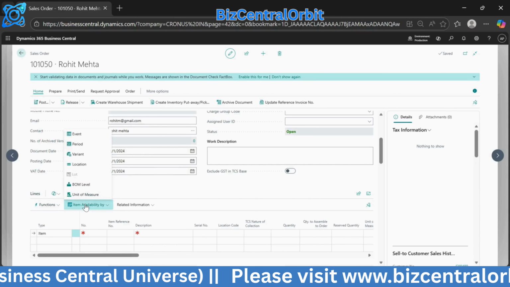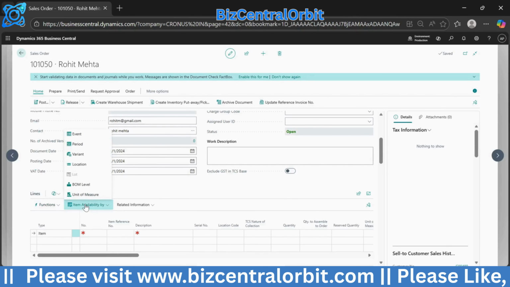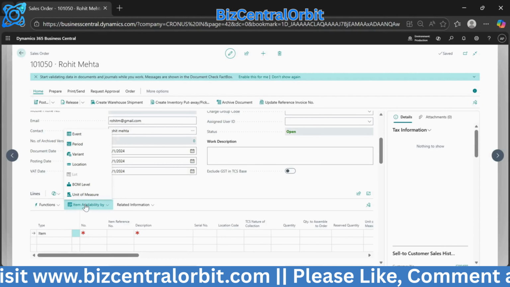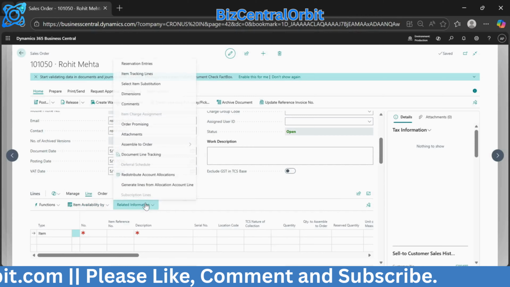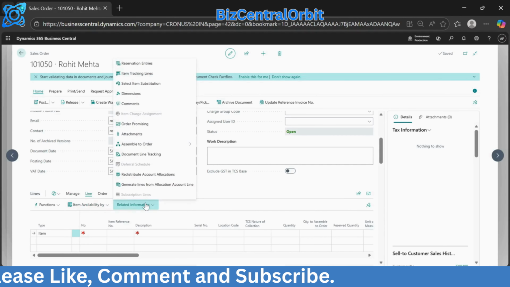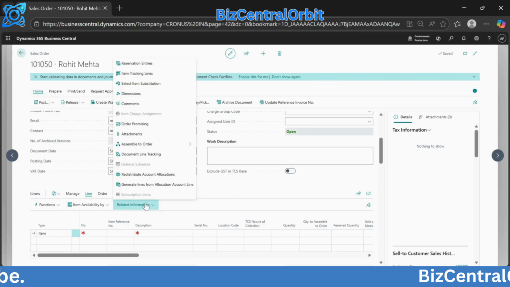Then Item Availability by: this option is used to check inventory availability for the selected item by event, by period, by location, by variant. Then Related Information: this option shows detailed information related to the selected line, such as item card, item ledger entries, reservation entries, value entries, and tracking information.